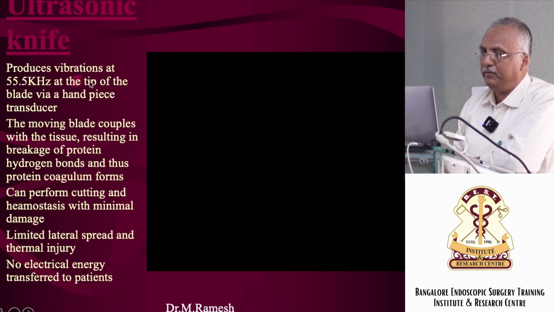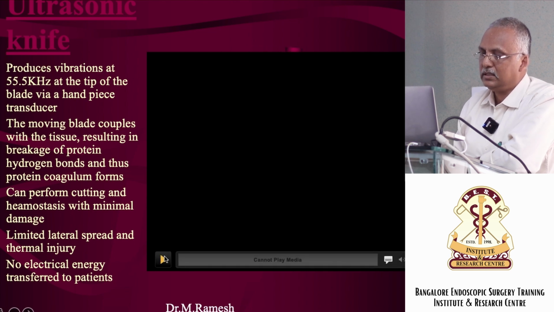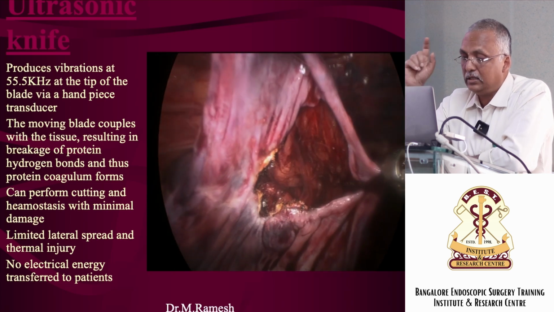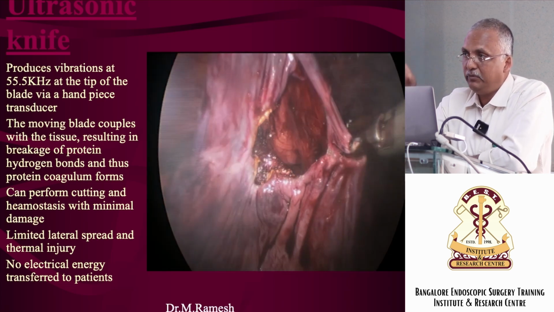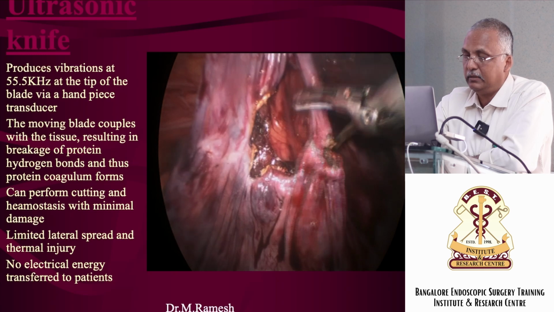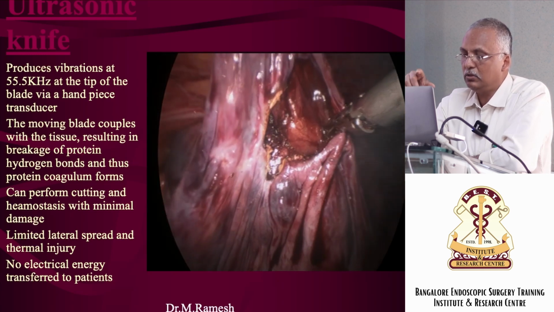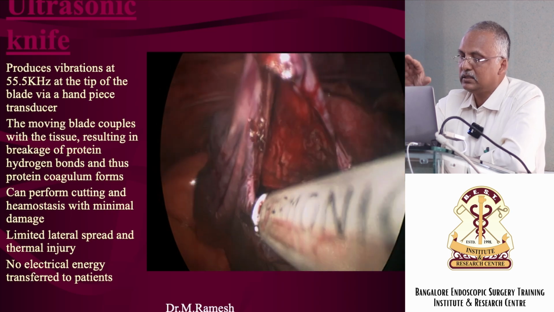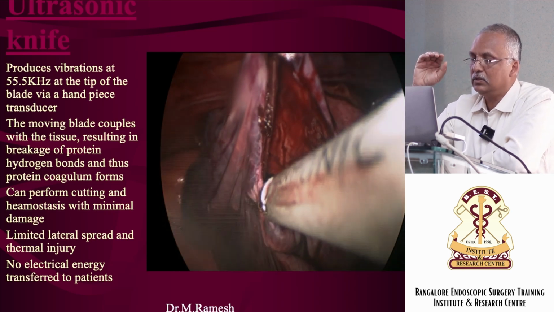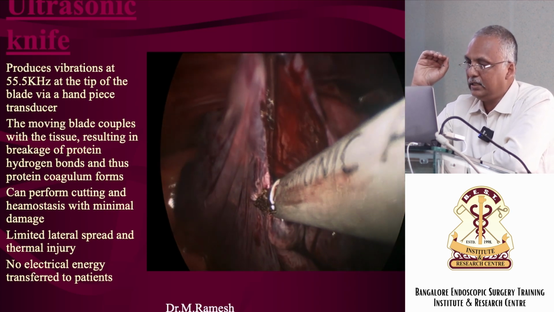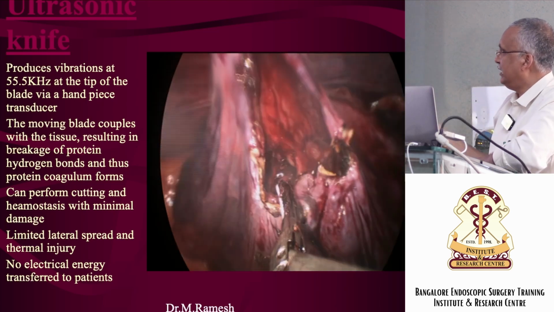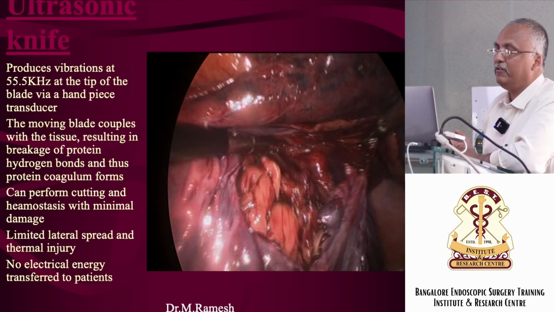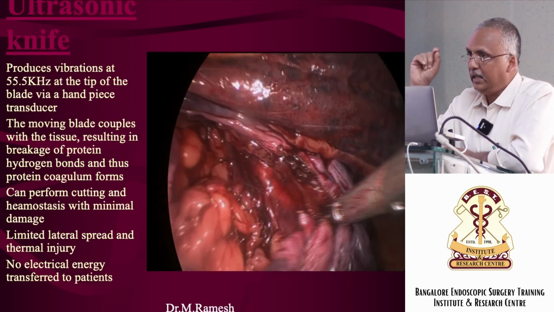So ultrasonic knife is what I was talking to you about. This is the harmonic scalpel. Harmonic scalpel is a name of the ultrasonic knife that is manufactured by Ethicon Endosurgery company. So there are so many, like Sonosurge, so many different names for this ultrasonic knife. So the generic name is ultrasonic knife. What it does, it has a probe, it has a metal probe, and this metal probe is a straight one. It is made of piezoelectrical material like your ultrasound